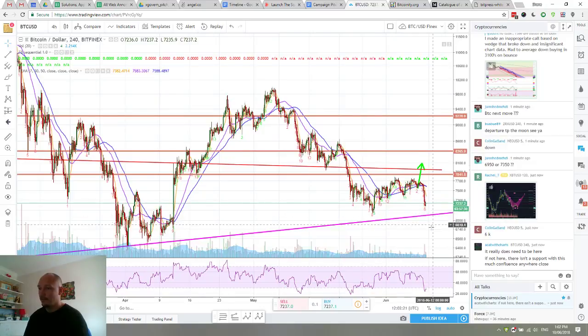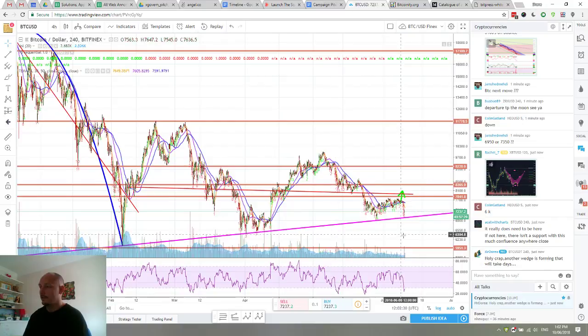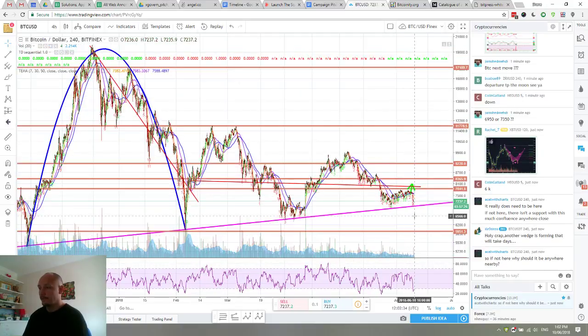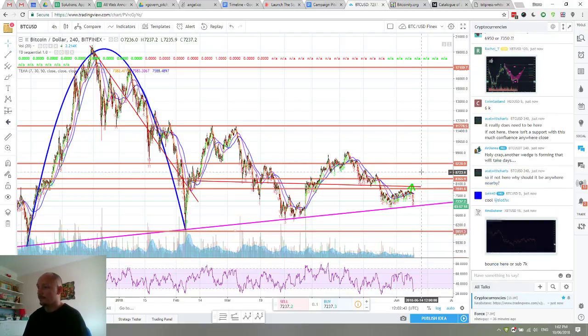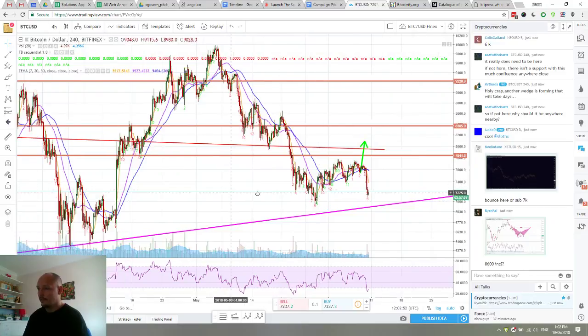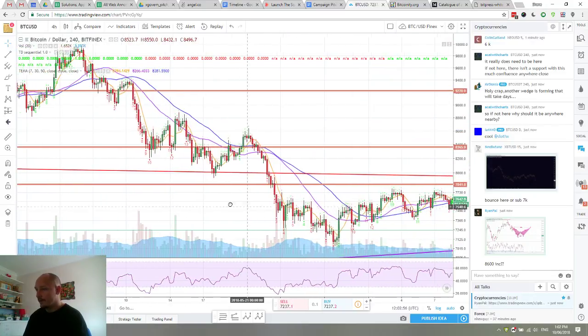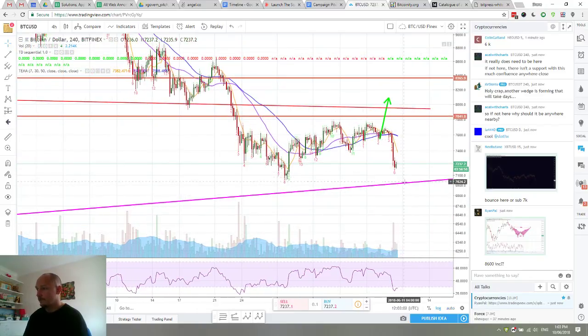Now I don't know if it'll happen here, but if we cross 6,500, there will be panic. So part of me actually thinks that what's going to happen is we are going to go down to 6,500 and a bit lower, and we may get a flash crash, and then we're going up. I don't know if it goes to 6,000, gets down that low. But what I'm betting on right now is that we will break this line, but only just. We're just going to go down here and then up,